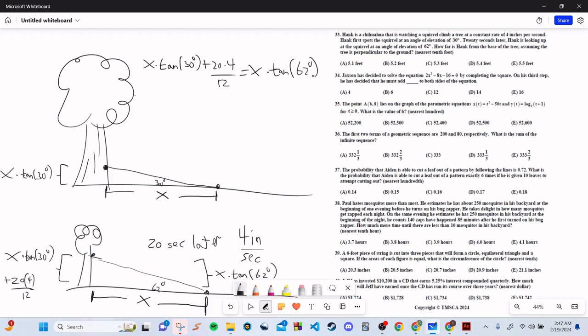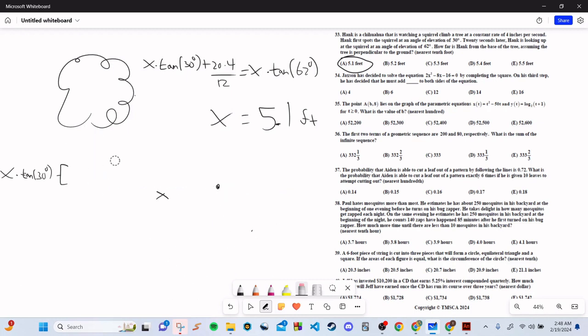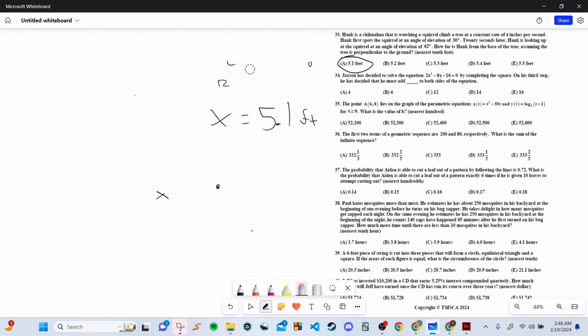So after typing this equation into nsolve, we get a value of x that is 5.1 feet. So that's answer choice A. So that's the correct answer. So we just had to compare those two equations. All right, so moving on